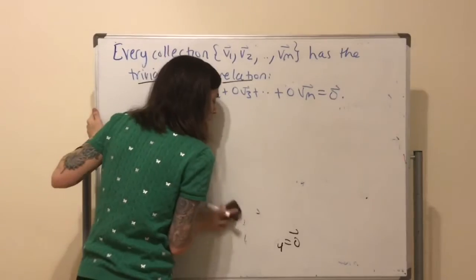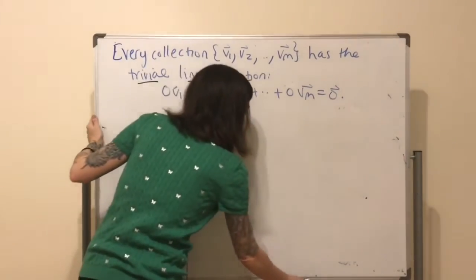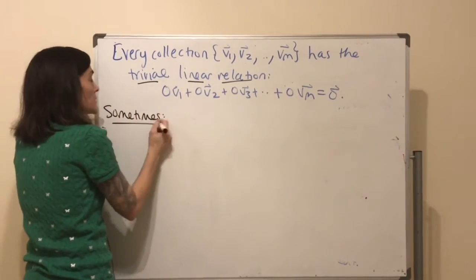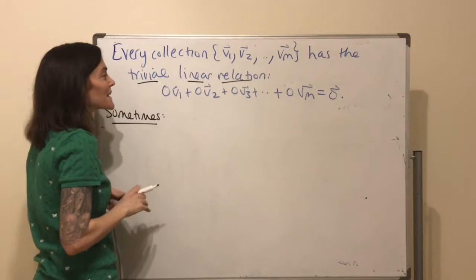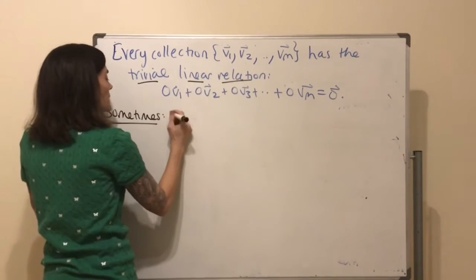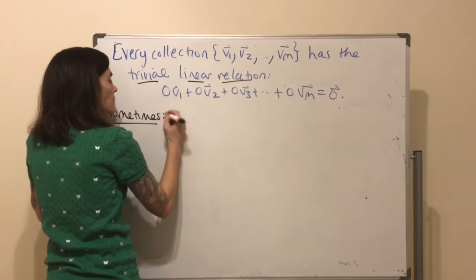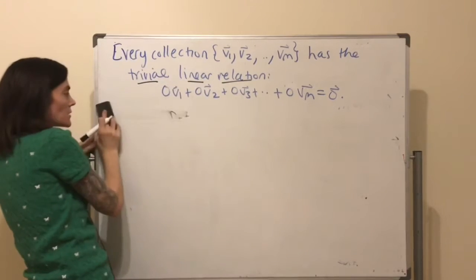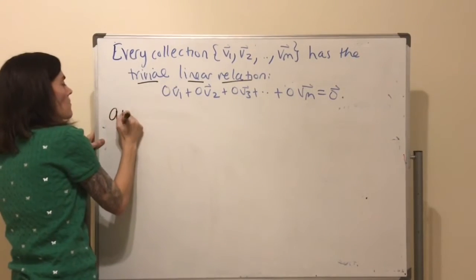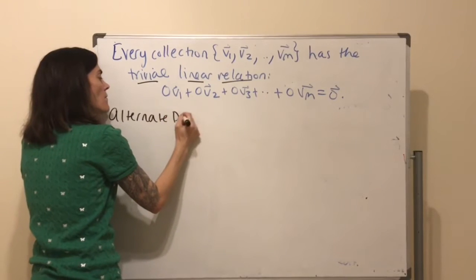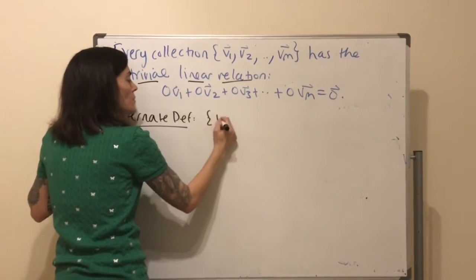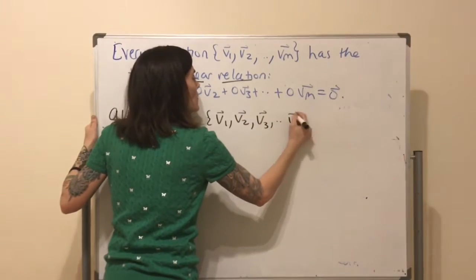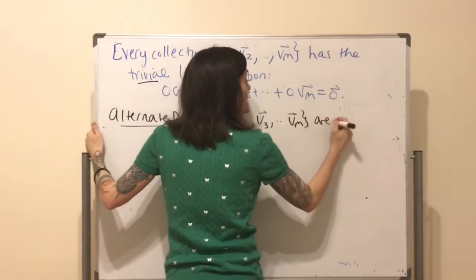And now let me make a comment about how some other texts sometimes define independence, which is in terms of these linear relations. You can take as an alternate definition that V1, V2, V3 to Vm are linearly independent